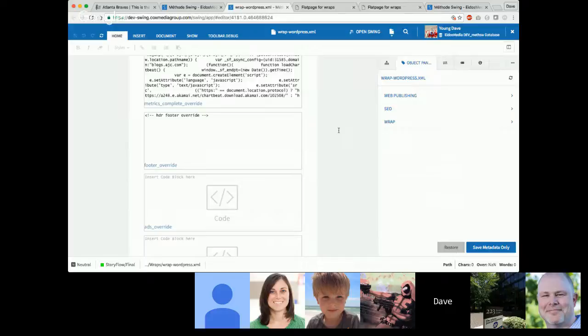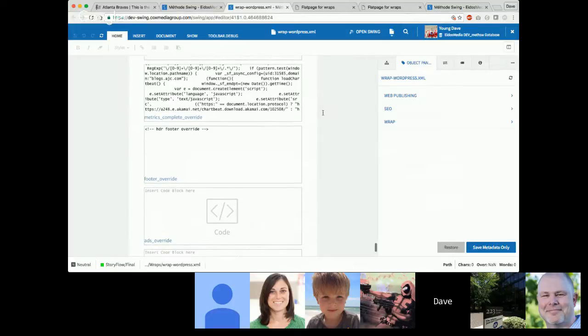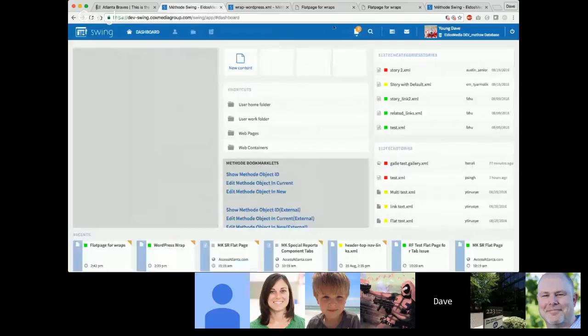Basically, they will either ingest the code from the URL and repurpose it on their own, or they will take the code and put their stuff into it, or they will take the code and pick out itty-bitty little pieces of it and then use just those pieces. WordPress uses just pieces of the wrap. It doesn't use the entire thing, and that varies based on vendor and the weather. Who knows? But basically, there's this document type in Swing called wrap that you can create by going to